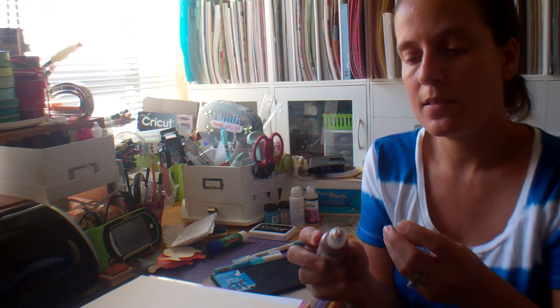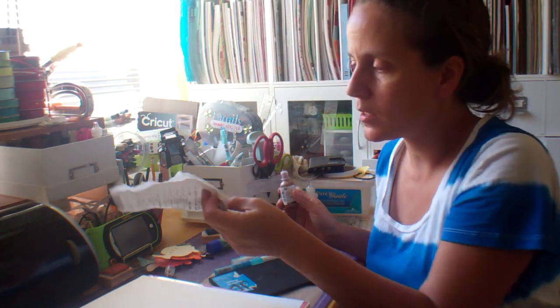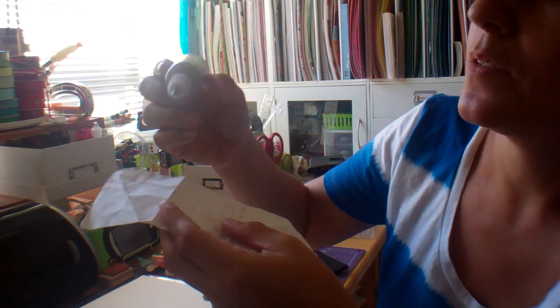I got this Scribbles. This is fabric paint, dimensional paint, and I like to use this kind of paint to embellish my Cricut cuts. So I thought this would be good for chocolate, you know, to simulate chocolate, I guess. That's what I'm trying to say. See if you can,